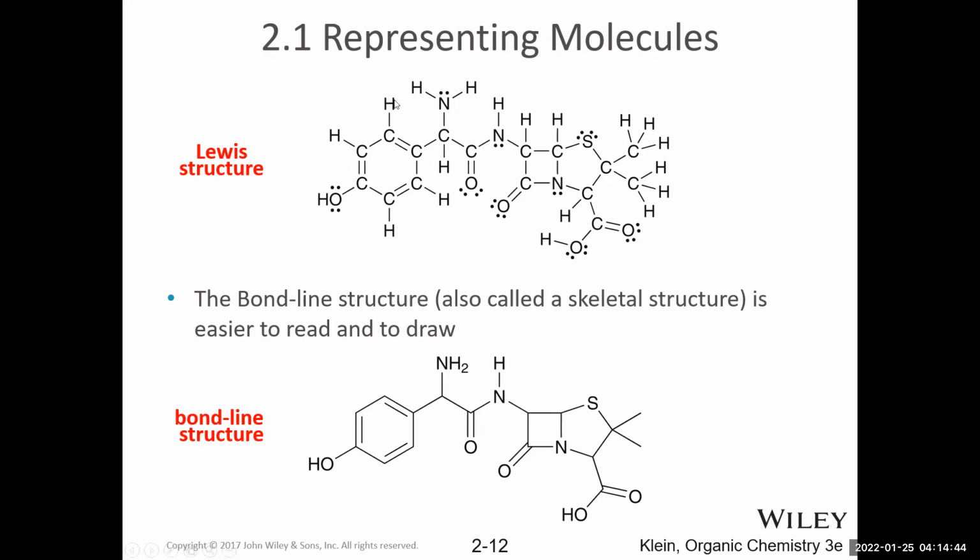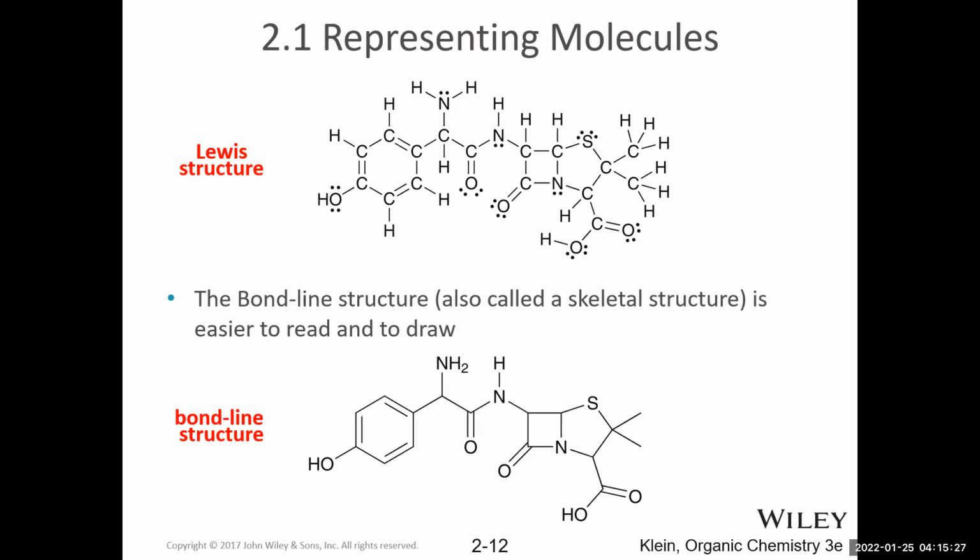Also, all of the hydrogens that are attached to carbon are omitted. It's just too time consuming to draw those in. We do still draw in hydrogens that are attached to heteroatoms, meaning all of the hydrogens attached to non-carbon atoms are still drawn in. So when you see an intersection between 2 lines, not only is there a carbon here, but that carbon has to have 4 bonds. So there's also an additional hydrogen bonded to this carbon, such that it has a total of 4 bonds. We can see 3 bonds already, but the 4th bond is implied, not drawn in.